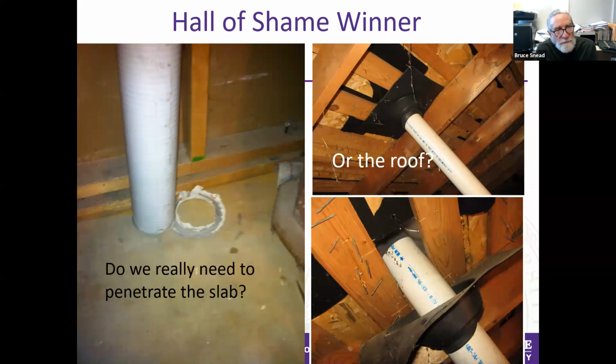Then as he went up, followed the piping system through and went into the attic where the pipe came out and was to go through the roof, he found a roof flashing on the underside of the roof, which, okay, that might be appropriate to hold it in place. But when he pulled it back, he found that the pipe didn't even penetrate the roof. So this is our worst case radon inspection result, where there's a mitigation system that's simply false and does nothing.